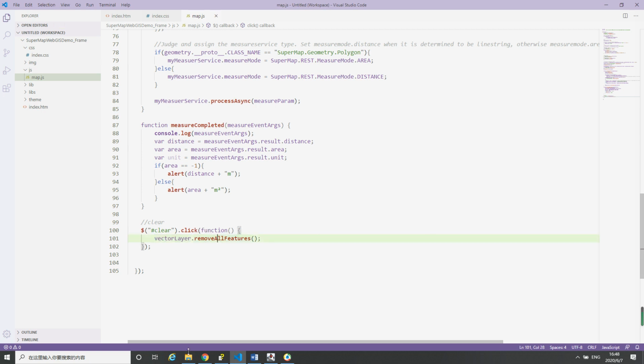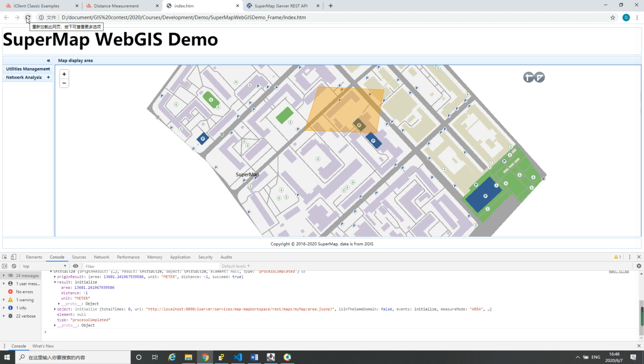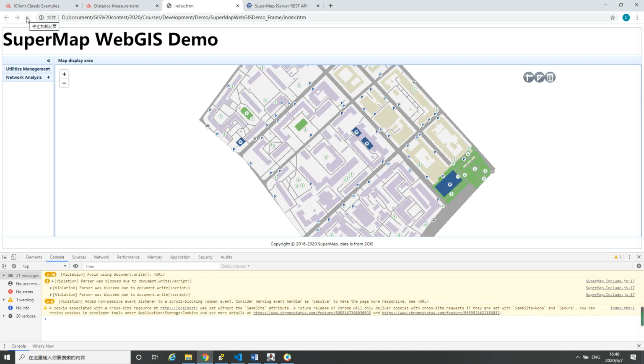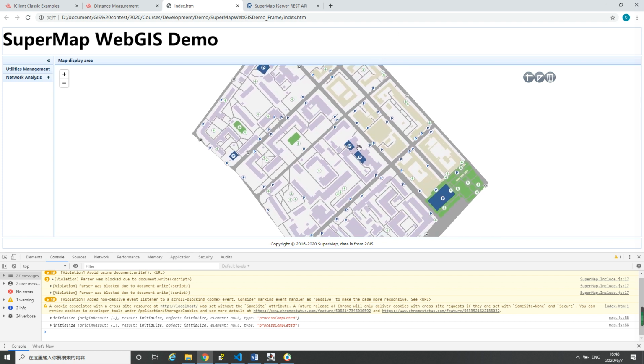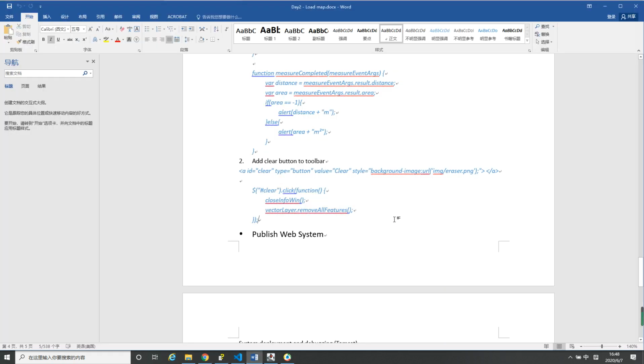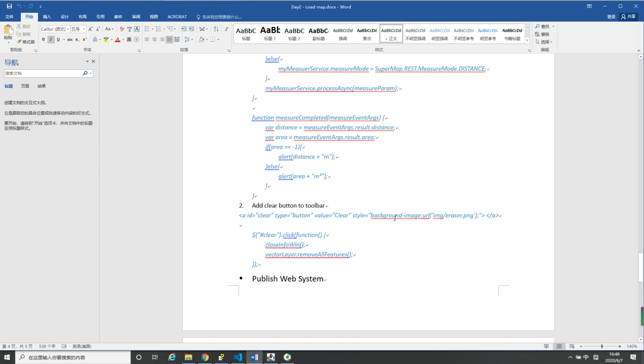So here we save it and just go back to the page, and here this is clear. If we draw a line, it will look like this, and if we draw a polygon, the result should be like this. And here we can clear it, so it's all clear. This is about all the codes